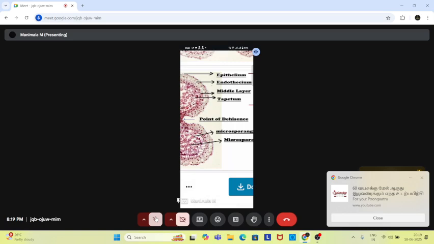Only one locule with two chambers, we have discussed. This is the general character. But when we are discussing what structures are present inside, we have four important layers. The outermost layer is the epidermis. What is the epidermis's role here? The main function of the epidermis is